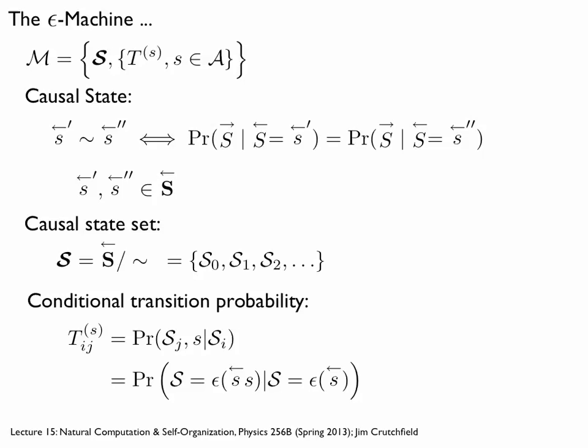So causal states have several things attached to them. They are a set of histories, an equivalence class of histories. They have names: 0, 1, 2, 3, Alice, Bob, Charlie, doesn't matter. And the future morph. Each causal state is making some statement about what the future is going to look like. In principle, it determines the future, the past-conditioned future distribution, and then these transition matrices.